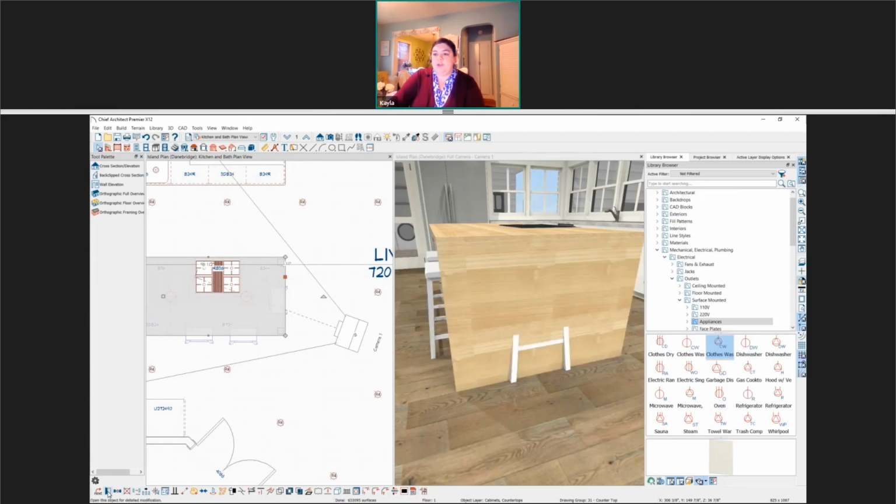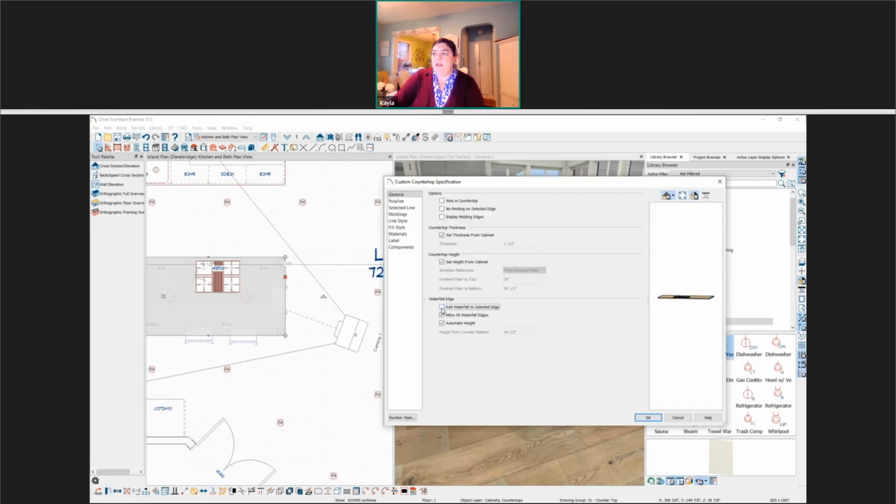The other way is you can actually open up the cabinet and check or deselect add waterfall to selected edge. And then, I didn't mention this before, but it's going to automatically select to miter the edges. If you would rather have it butt up the edges, you can deselect that option. And you can see now we have a butt against option. Awesome. Thanks, Kayla. Of course.